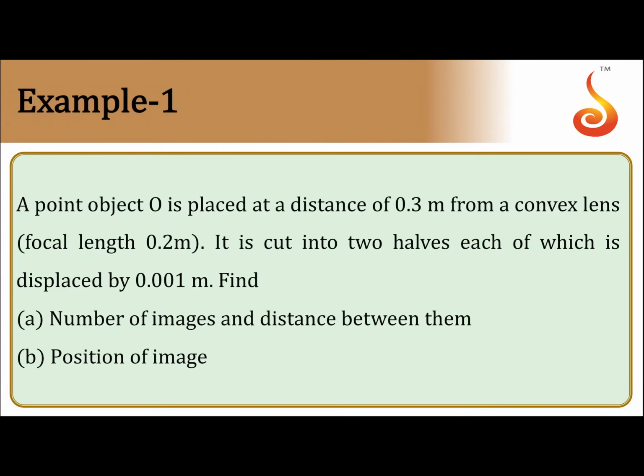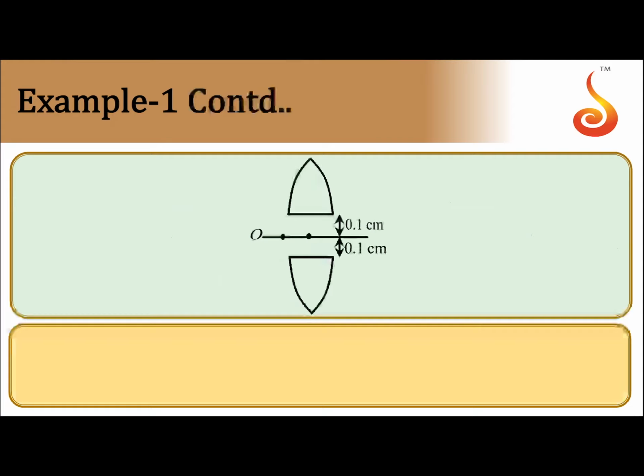So let's find the number of images first. So this is the optics arrangement we have, and we know that the light rays that pass through the optic centers move undeviated. Let's say P1 is the optic center of the upper half of the lens and P2 is the optic center of the lower half of the lens. Now the light rays that pass through this optic center from the object move undeviated, and all other rays refract and meet the undeviated ray, and at the point where they intersect, that's where the image is formed.